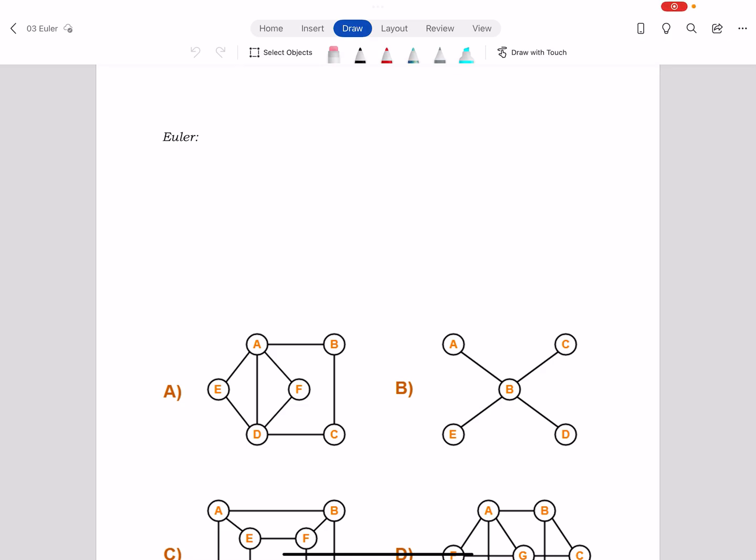Let's talk about graphs that have Eulerian circuits or Eulerian paths. So remember, we know that a circuit is a path that starts and ends at the same vertex. When we say an Eulerian circuit or an Eulerian path, this is a circuit or path